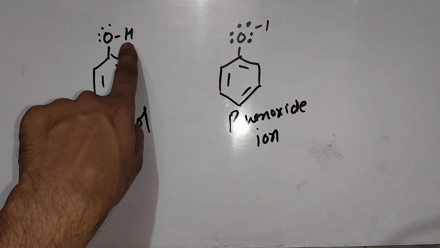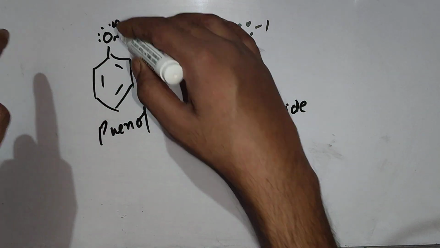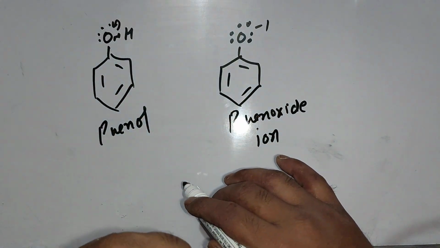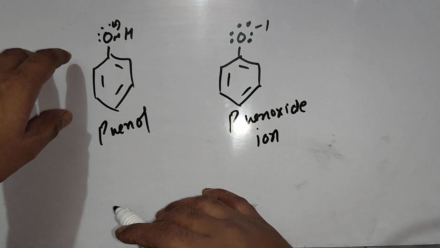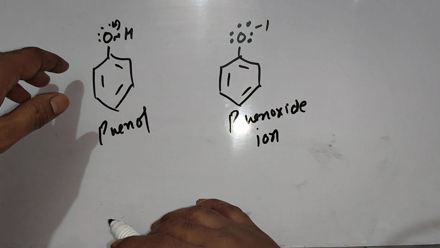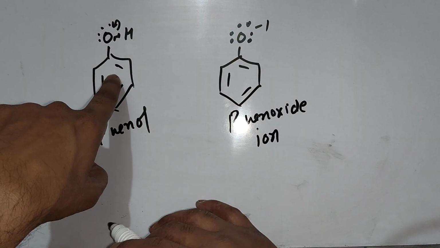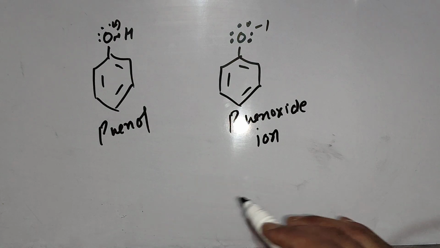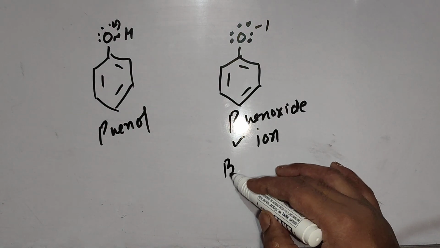When phenol releases H positive and these electrons transfer toward oxygen, the phenol becomes phenoxide ion. Now the question is, which benzene ring has more electron density? Phenol benzene ring or phenoxide ion ring? The answer is this one. Phenoxide ion benzene ring